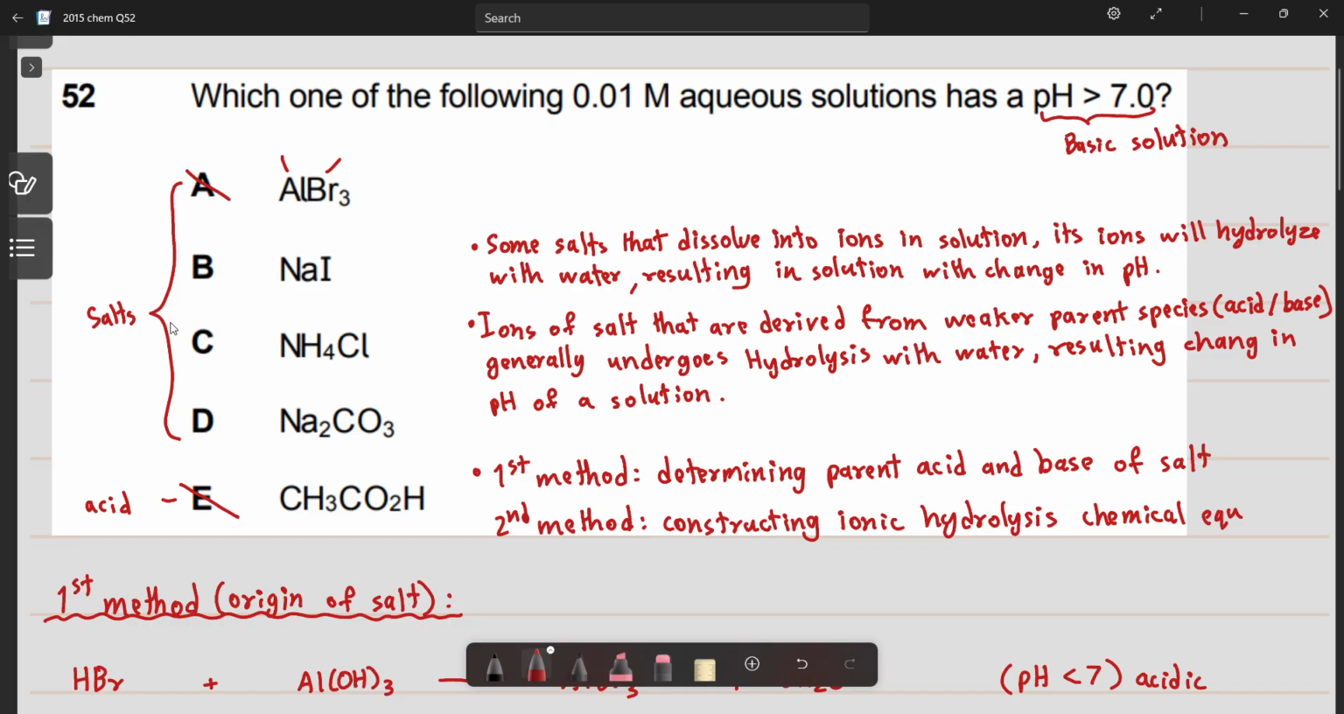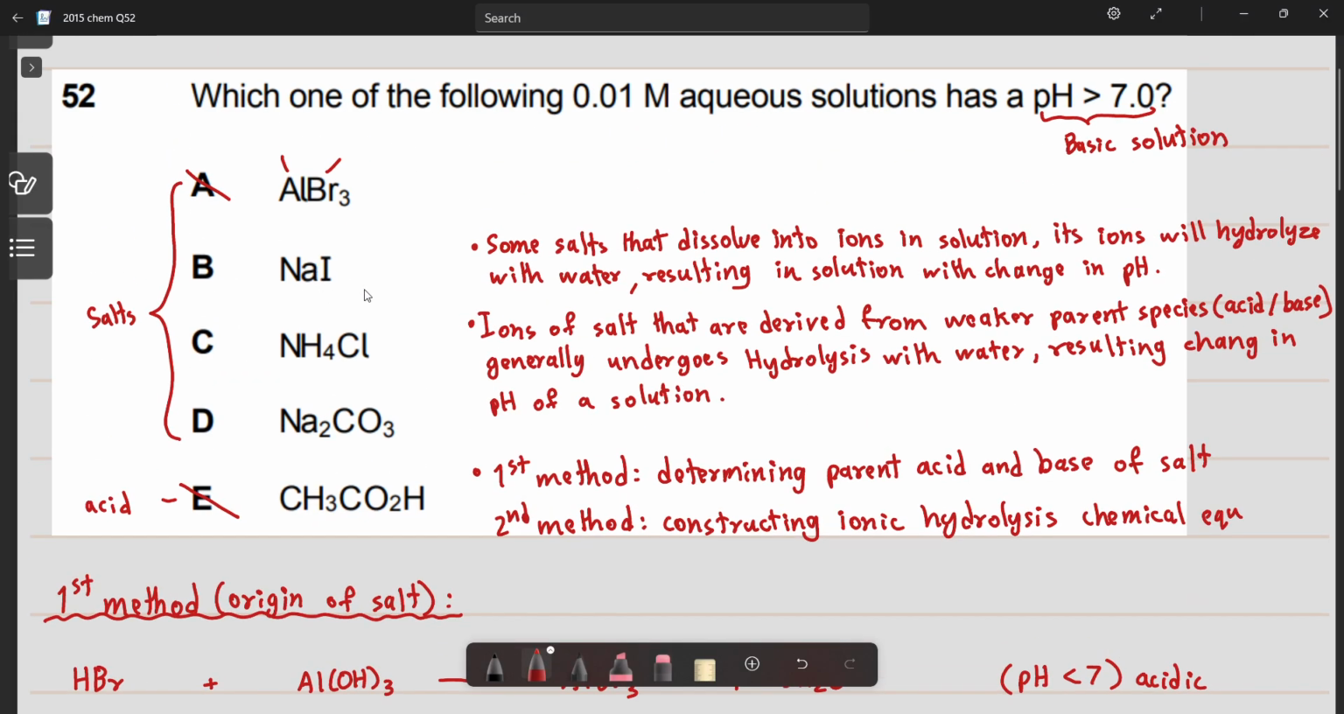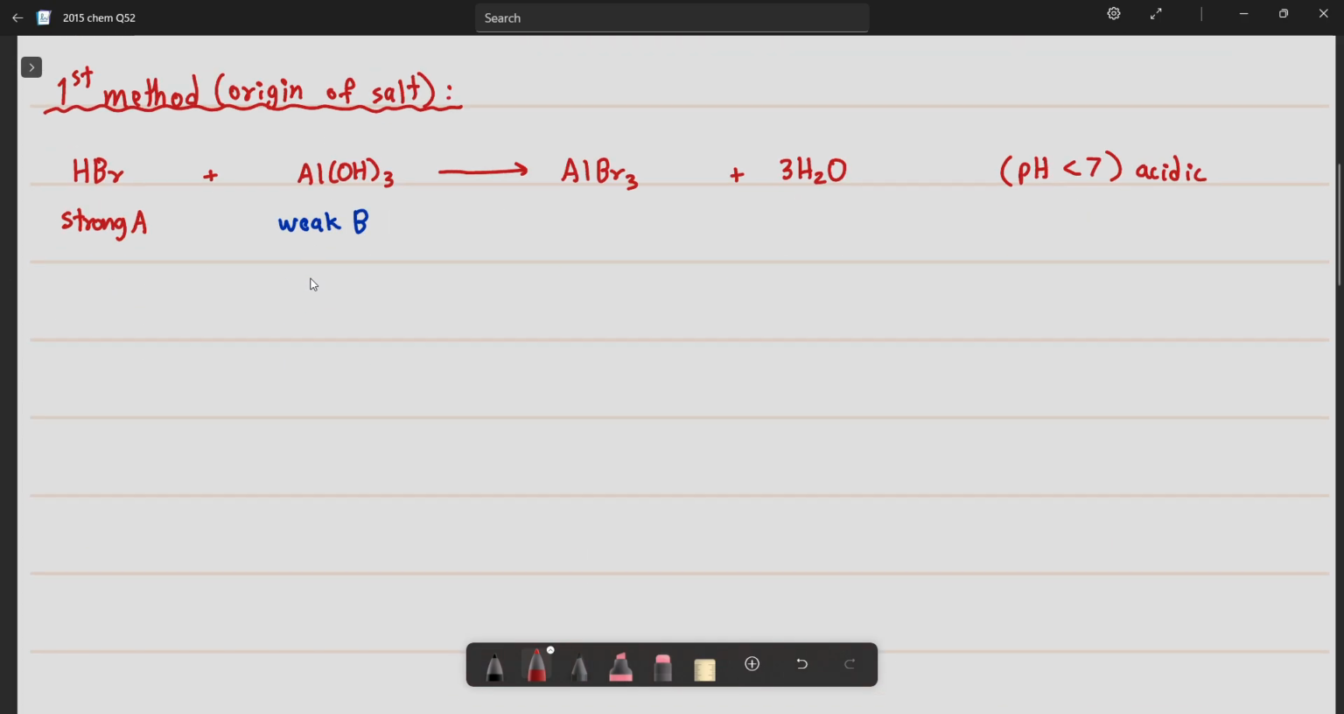So now let's go to option B. Option B, we have sodium iodide. As we did for option A, we divide this into two. Most commonly, metals form basic compounds and non-metals form acidic compounds. So we have iodide and sodium. We can predict the parent acid and base will be hydrogen iodide